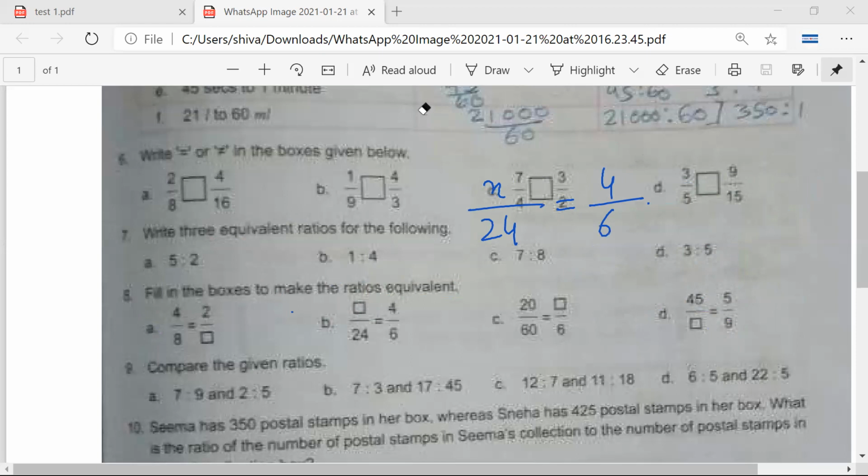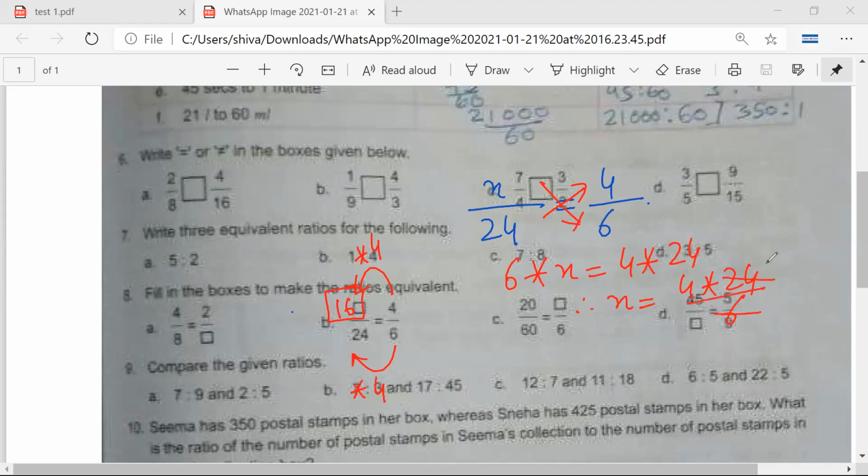Okay. If you are following that method, then 6 into 4 is 24. Therefore, 4 into 4 would be equal to 16. Mr. Satya, any doubt or not? No, sir. And the cross multiplication method is 6 into x is equal to 4 into 24. Therefore, x is equal to 4 into 24 by 6. 6 fours are 24, so x is 16. Mr. Sarthak, any doubt? No, sir.